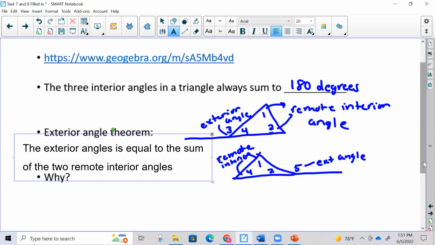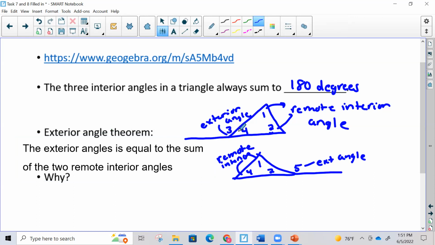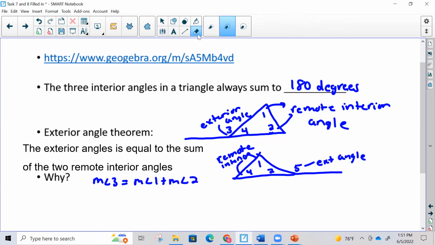And if I'm going to write this with symbols with my diagram, referring to my first diagram, I'm going to say the measure of angle 3 is equal to the measure of angle 1 plus the measure of angle 2. Okay, this exterior angle is equal to that. So we don't get confused,